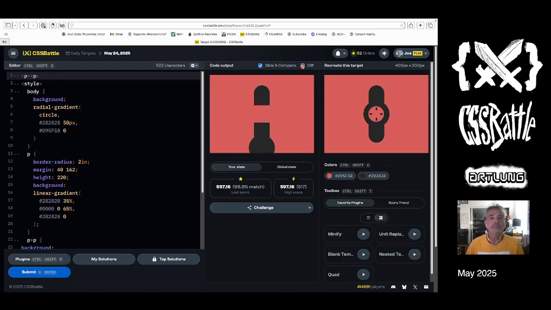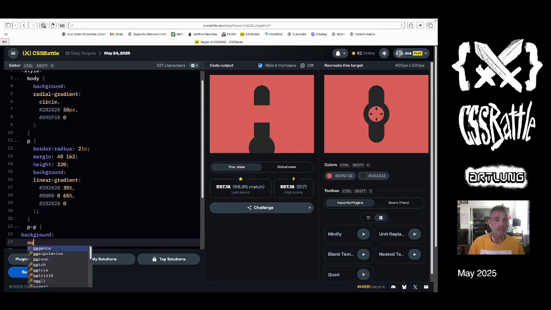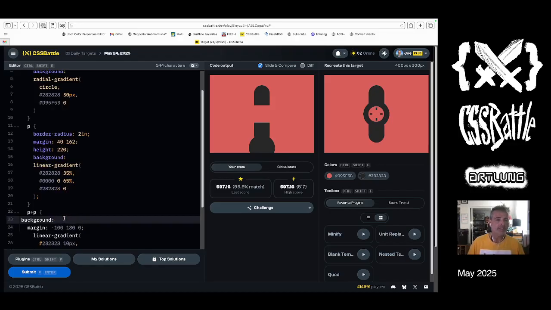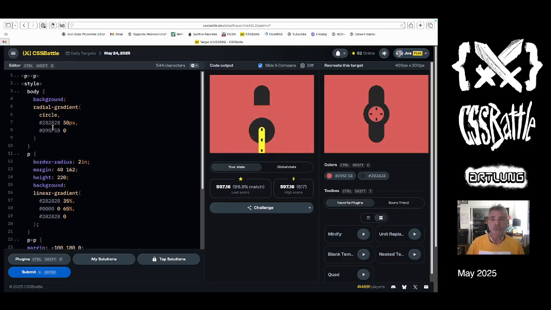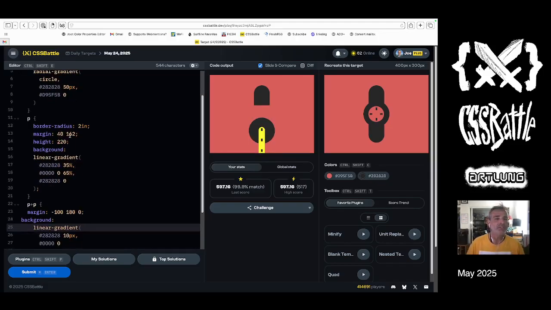Okay. So his margins are going to be different. Margin minus 100, probably 200, no, 180, 0. And then their background, gotta move that to the right place. There it is. Okay, so there's our ridiculous background. And we can't see our circle right now, and that's no good. Oh, because we've inadvertently